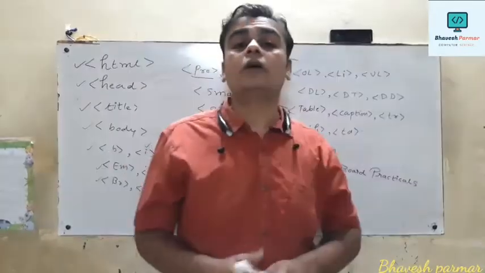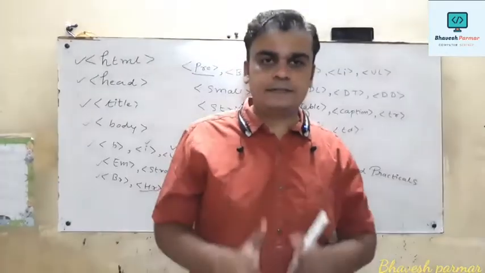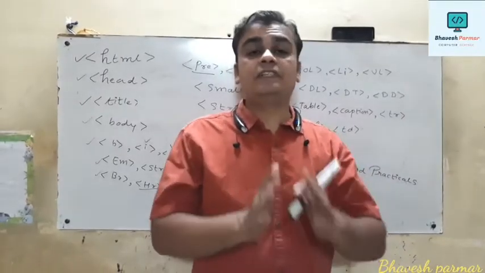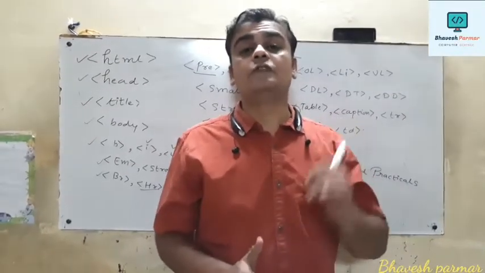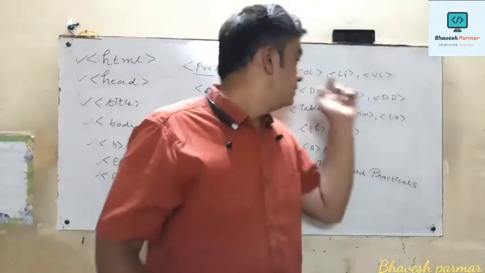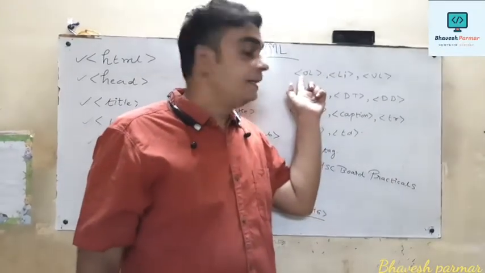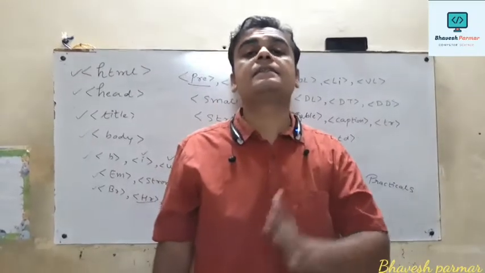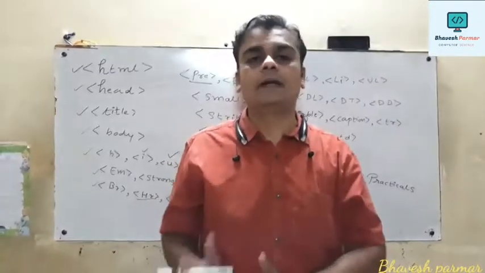So what does the OL tag mean? It represents an ordered list. Meaning if you want to display some data in a web page in a sequential manner, in that case I use the OL tag. But when we use the OL tag, it uses one supporting tag, the LI tag. LI represents a list element, and it is a singular tag.